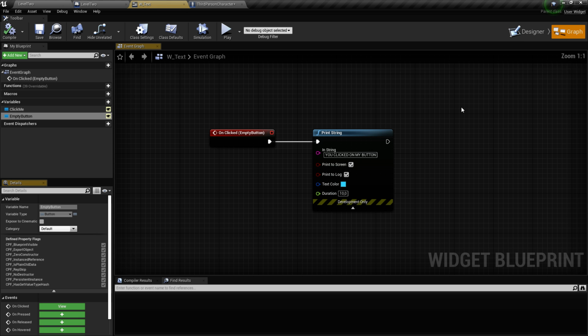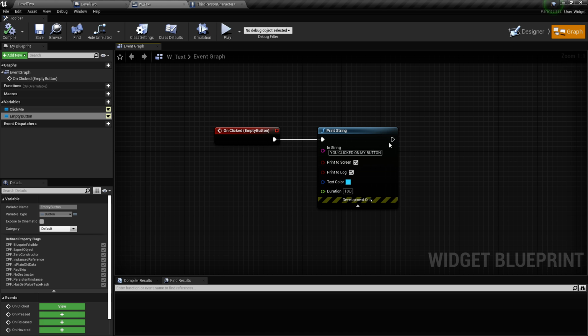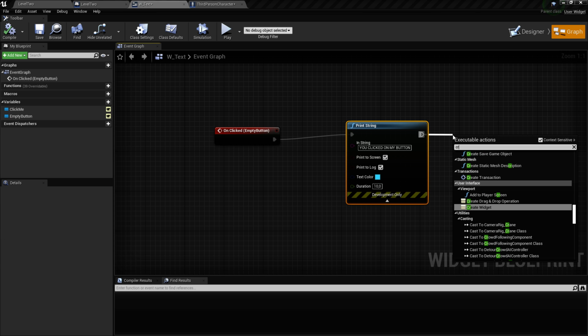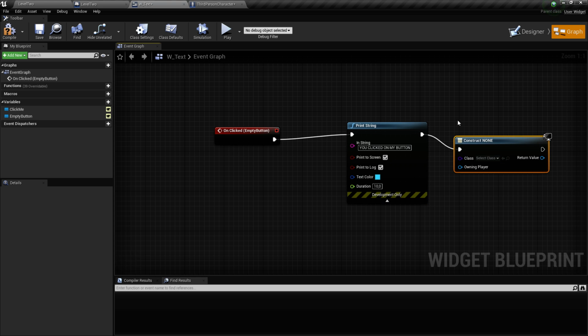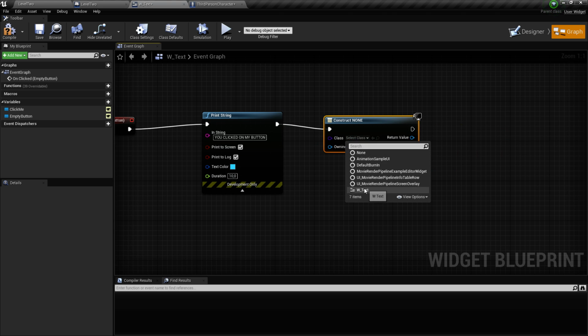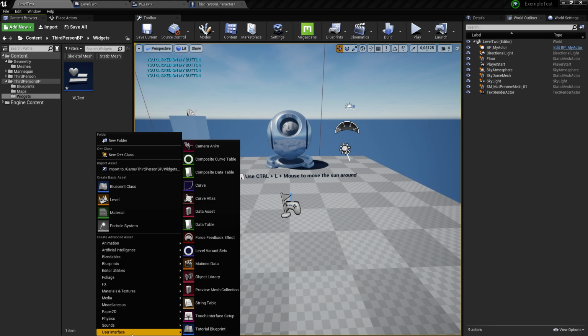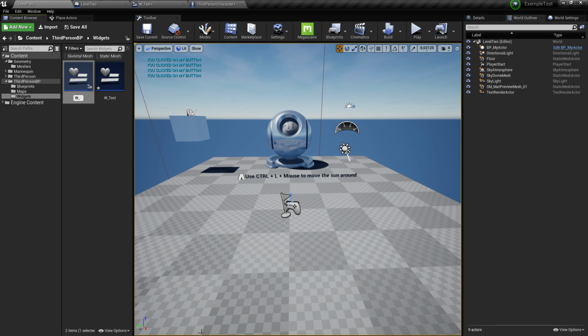And you can absolutely, on click of this button, call another widget, so create another widget. If, for example, I'm going to create something else, like W image.